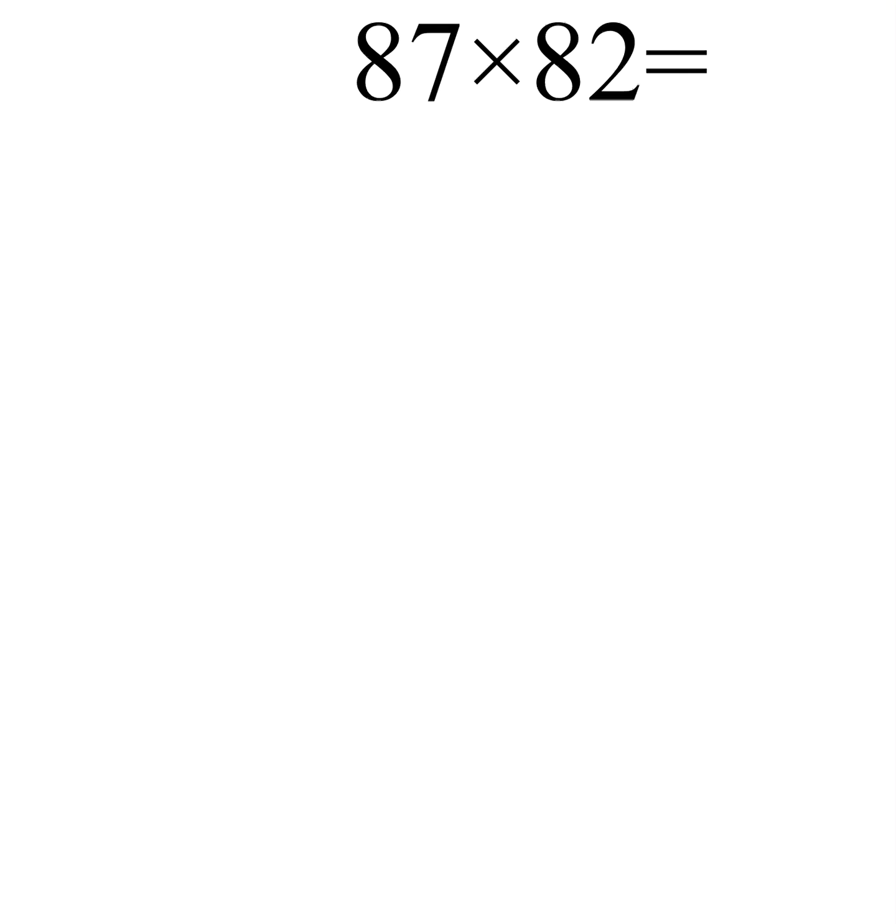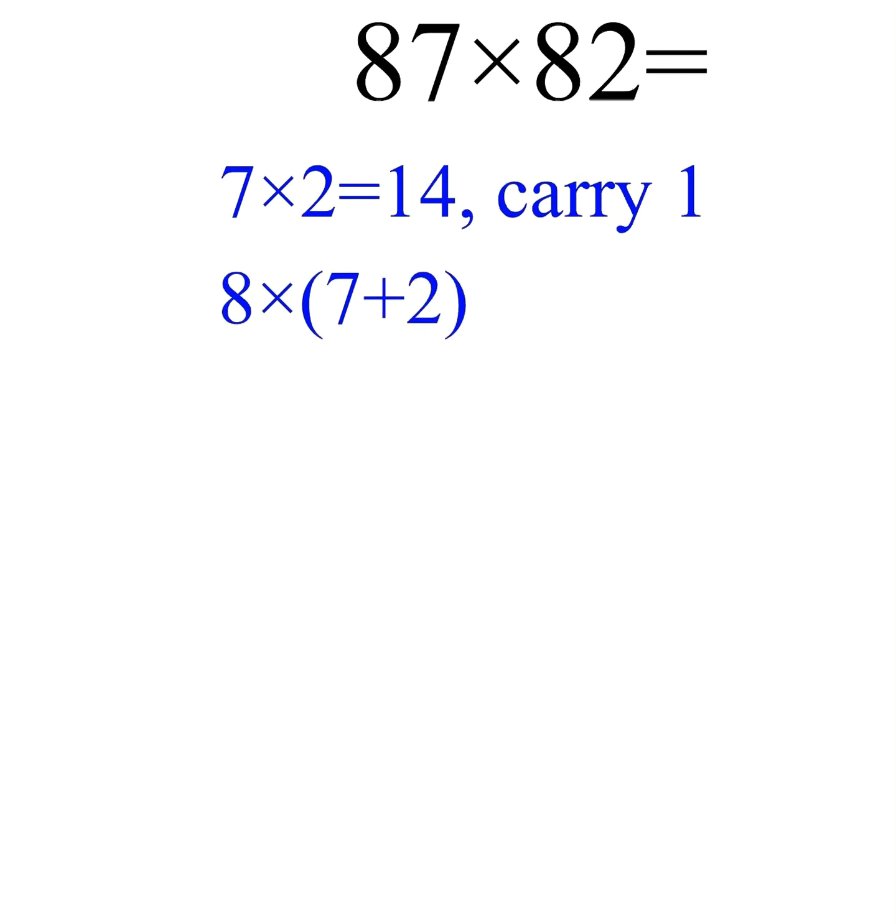So here we first multiply 7 into 2 and we carry the 1 of 14 to the next step, and in the next step we multiply 8, which is the common digit, into the sum of the remaining numbers, which are here 7 and 2, and that would be 72, and we add the 1 we carried in the first step, so that would be 73, and again we carry 7,